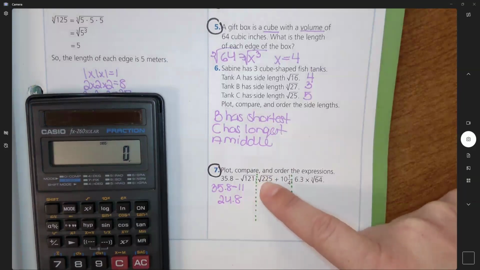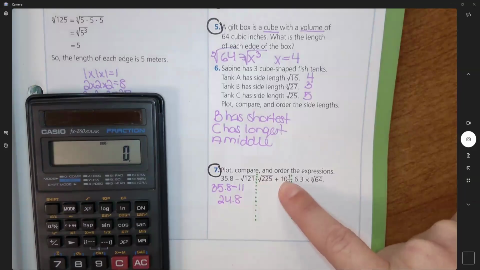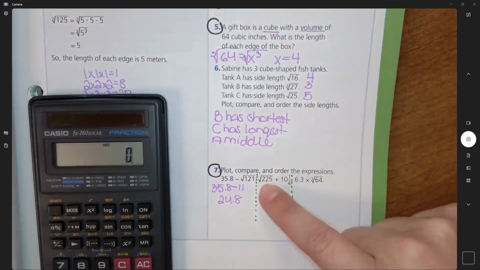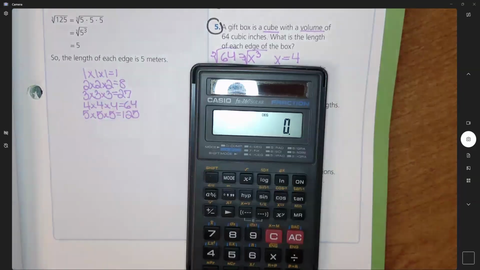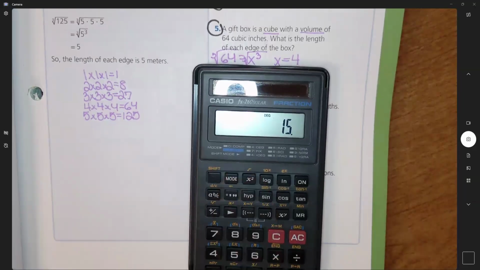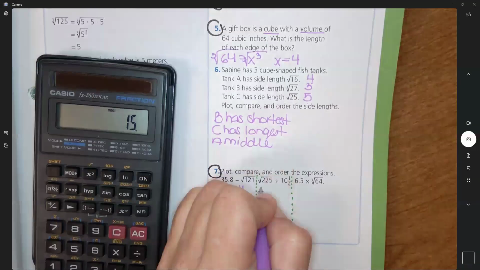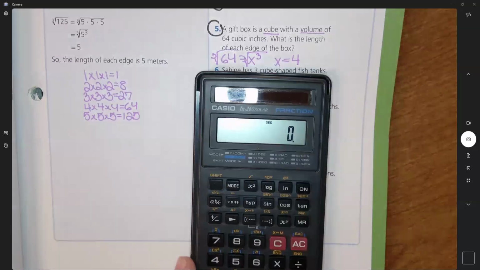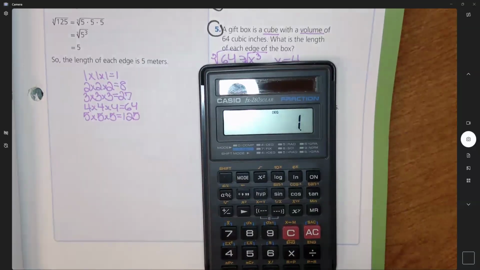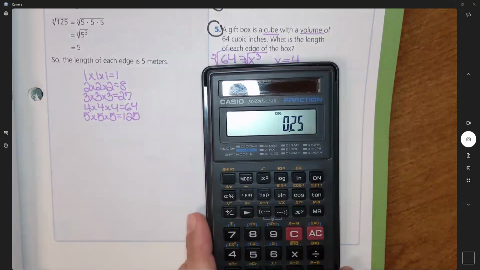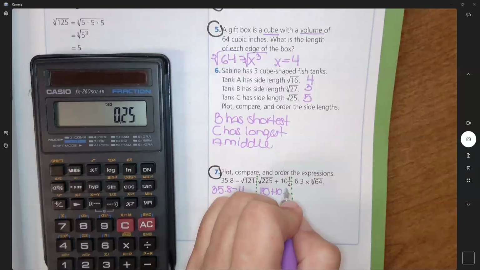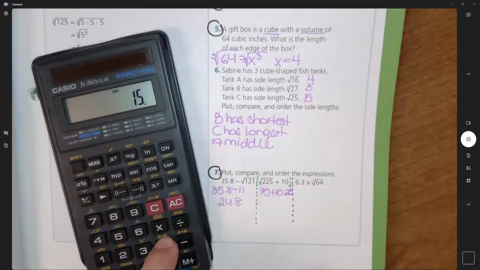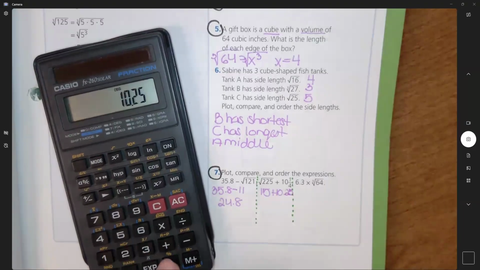We're going to handle our square root first. We're going to turn this into a decimal, and then we're going to do our addition. So the square root of 225 is 15. So we're going to write 15 plus, and we know it's going to be 10 point. And again, we're dividing the numerator 1 by the denominator 4, .25. So it's 10.25. And now we have a simple addition problem. 15 plus 10.25, which gives us